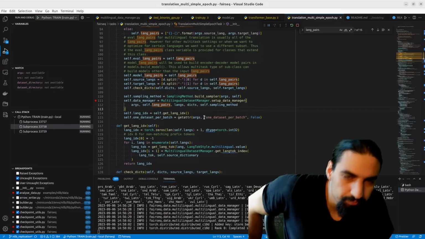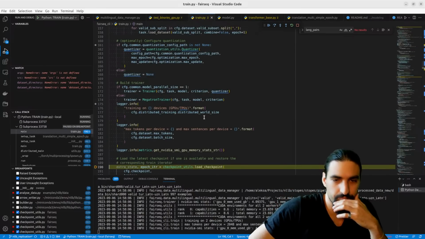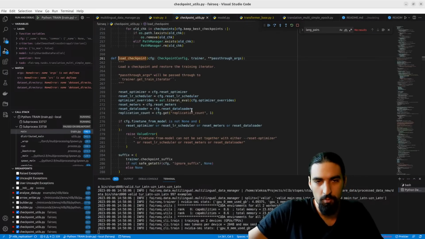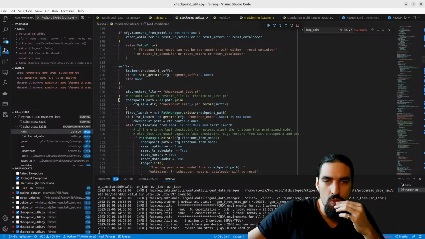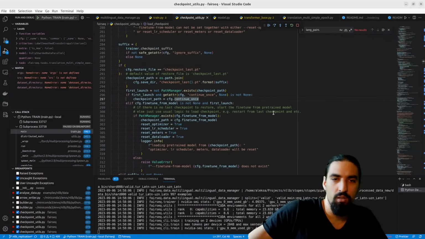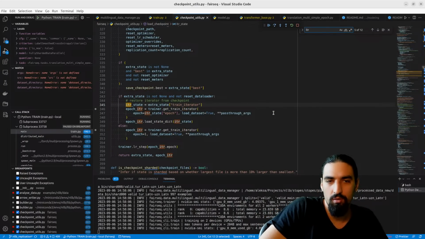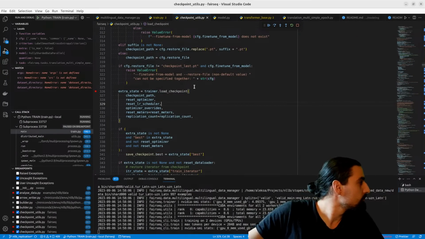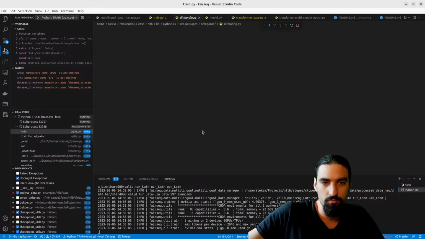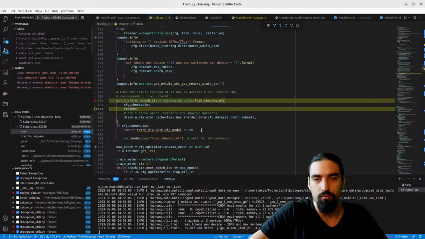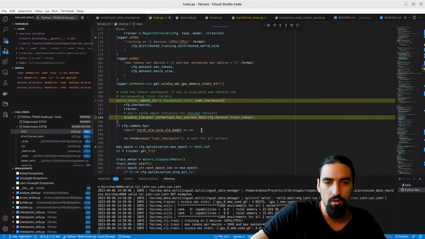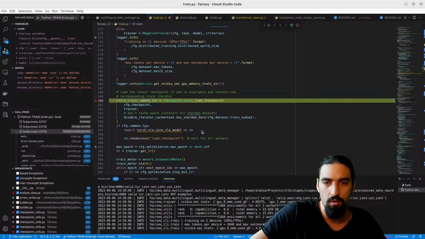F5. Load the checkpoint. Here's where most of this magic happens with the iterator. Let's enter here. Okay.